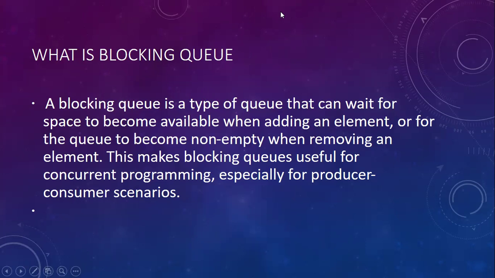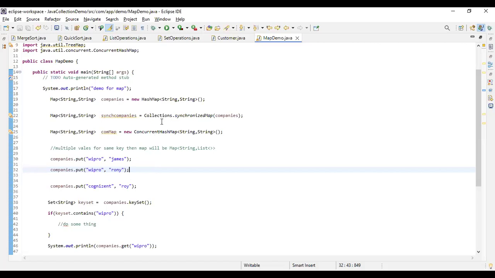We will see how to implement a blocking queue, and also how to implement a ConcurrentHashMap. Here we have already created a ConcurrentHashMap. As I told you, you can create it as an analog of your HashMap here. So if I comment out this one here,